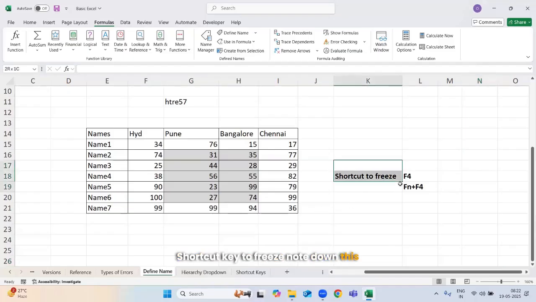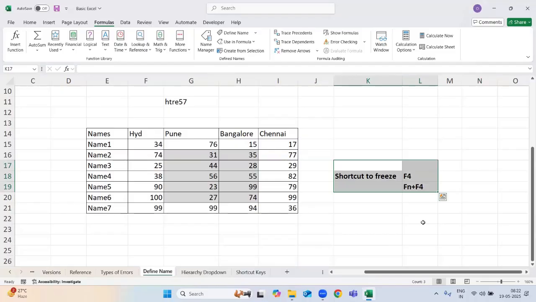Shortcut key to freeze, note down this part, F4, or function key plus F4. So we'll see how to define a name to a formula.